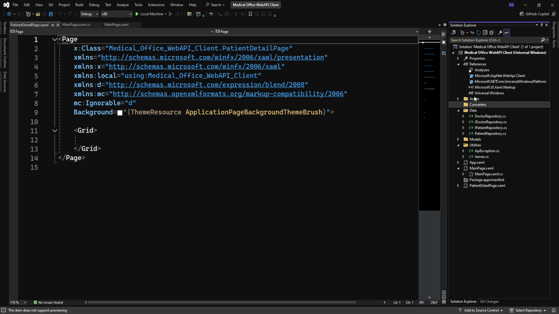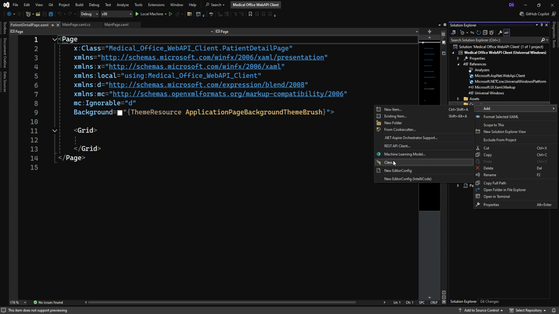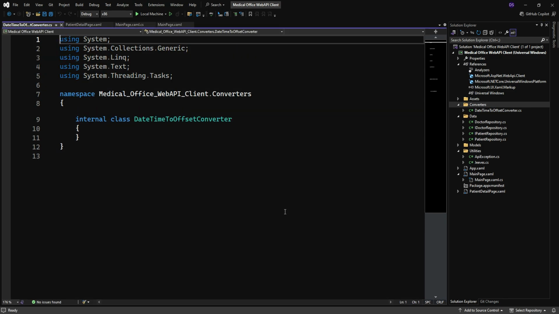I have another new folder, do I? No, okay, good. And inside here I'm going to end up needing 2 classes. The first one I'm going to call datetime to offset converter. Really it's datetime to datetime offset, but I shortened it because I'm lazy, right? So there it is. So it's in my converters namespace. And, you know, I found, although in many applications you can get by with internal, don't do it in a UWP